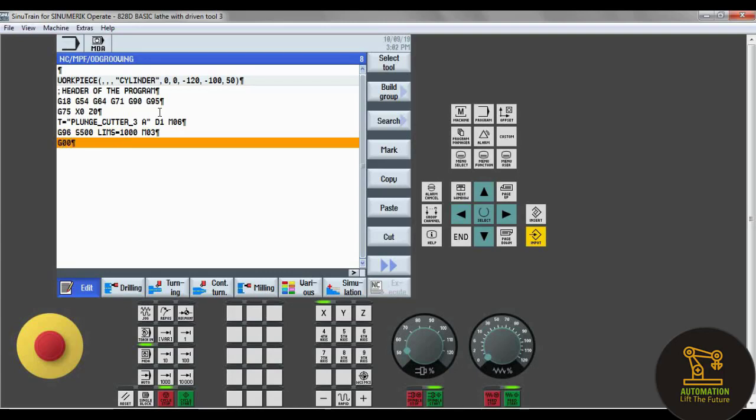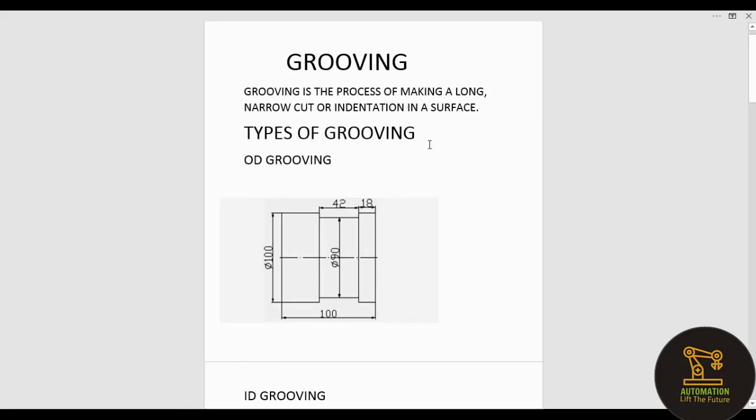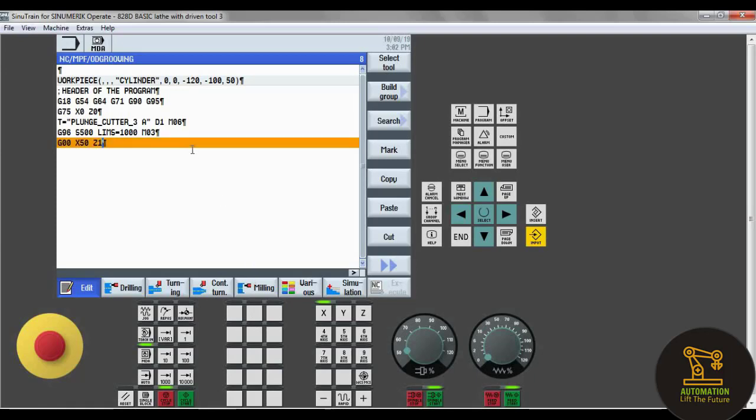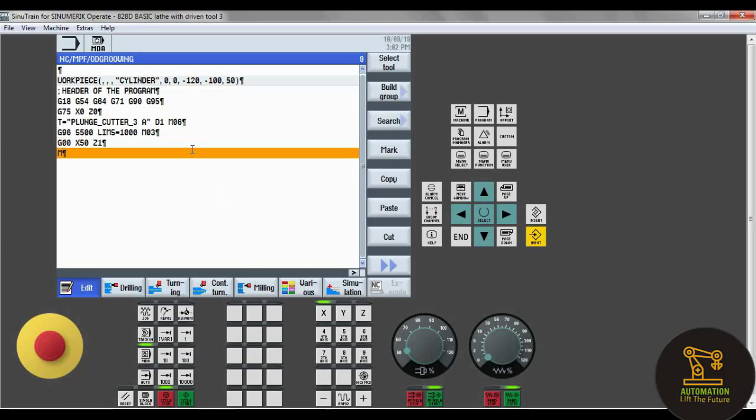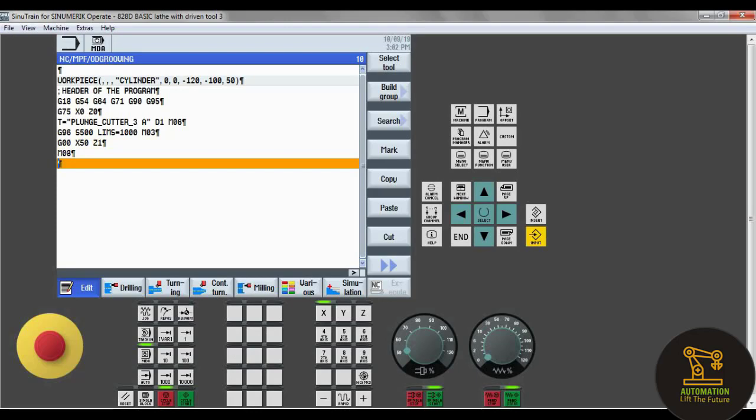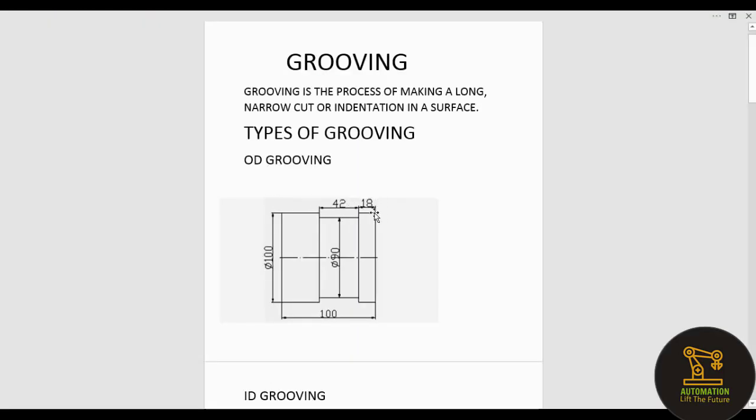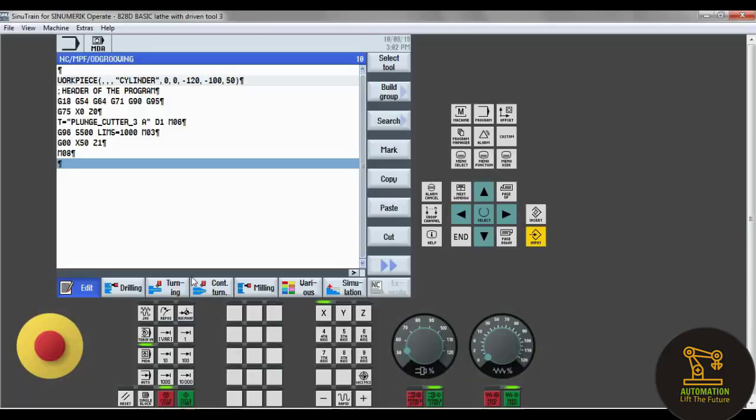So next is the safety points. As we will not touch the workpiece, I can come in the rapid motion. So G00. So you can see that motion. From here we have to take the safety point up to there. We should not touch the workpiece. So I was giving X50 Z1, and next before touching we have to turn on the coolant, and the approach point is there. So G01, X50 and Z0.